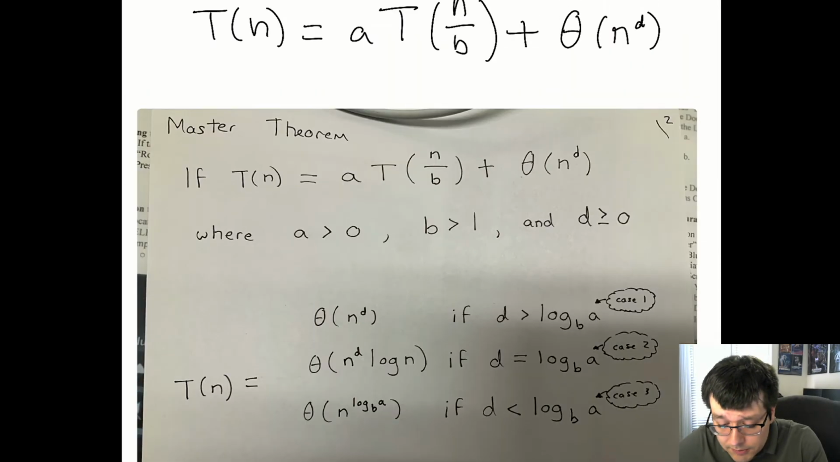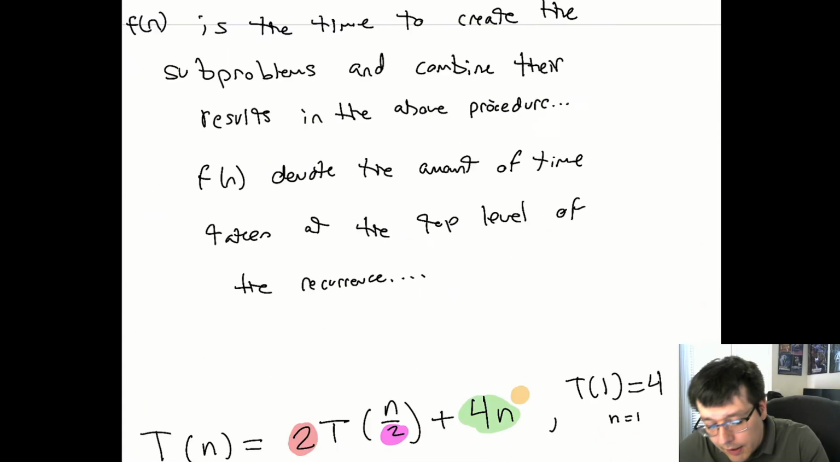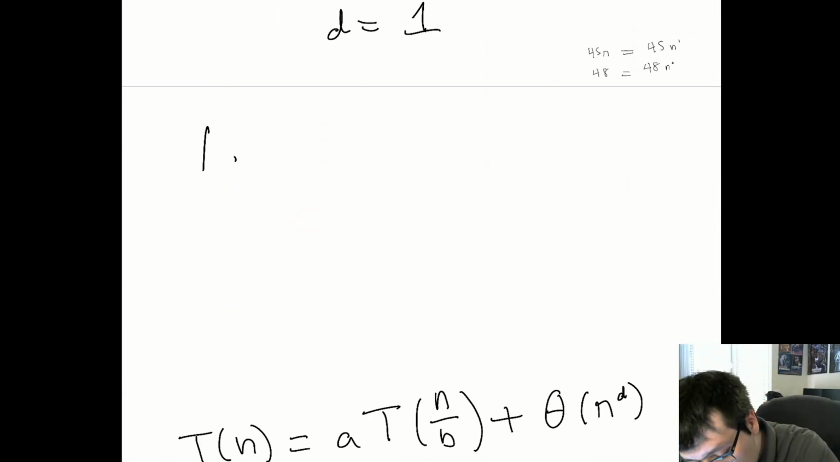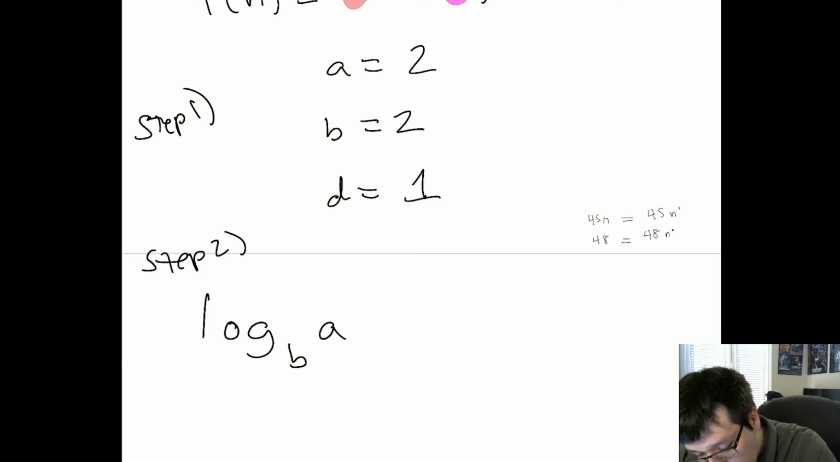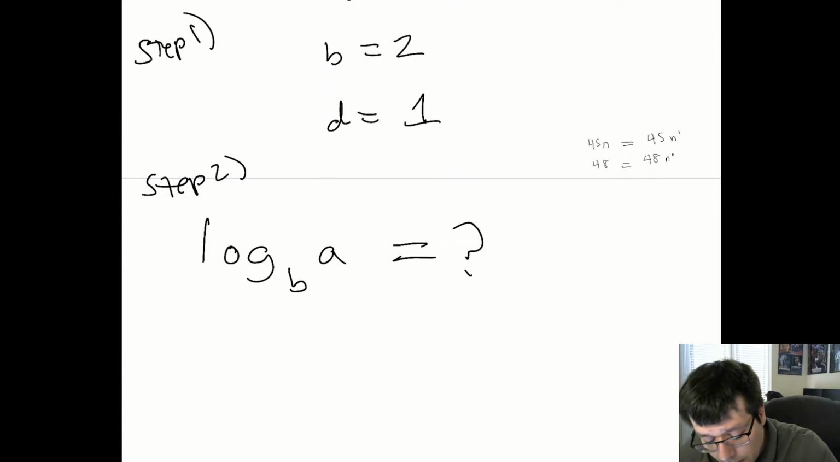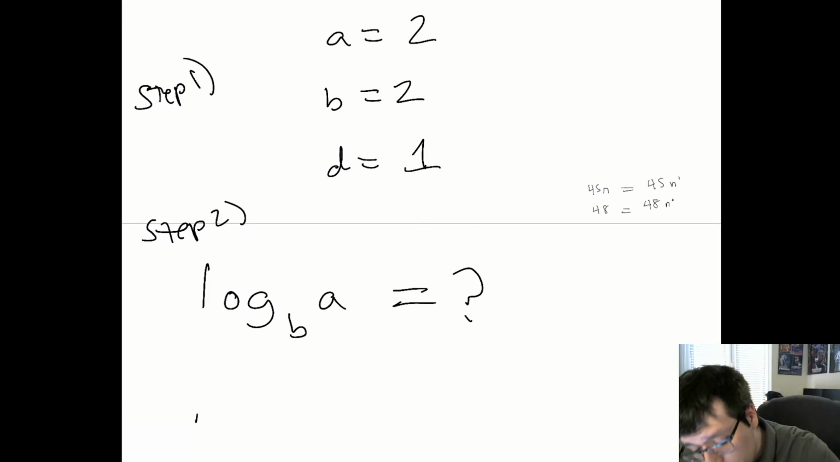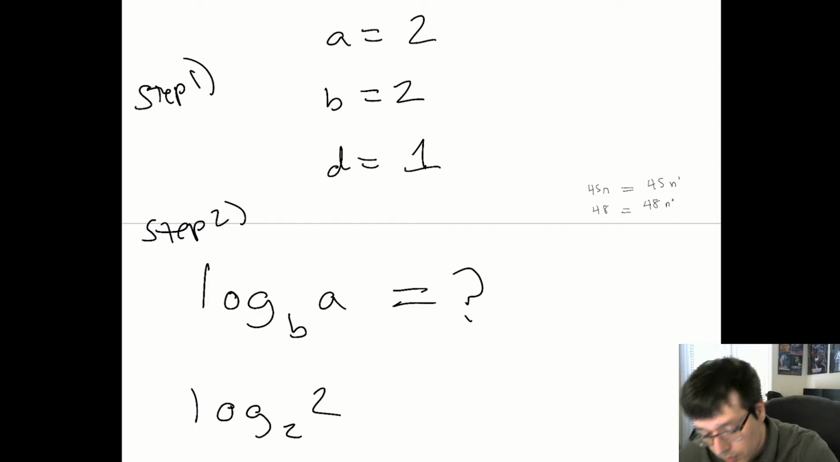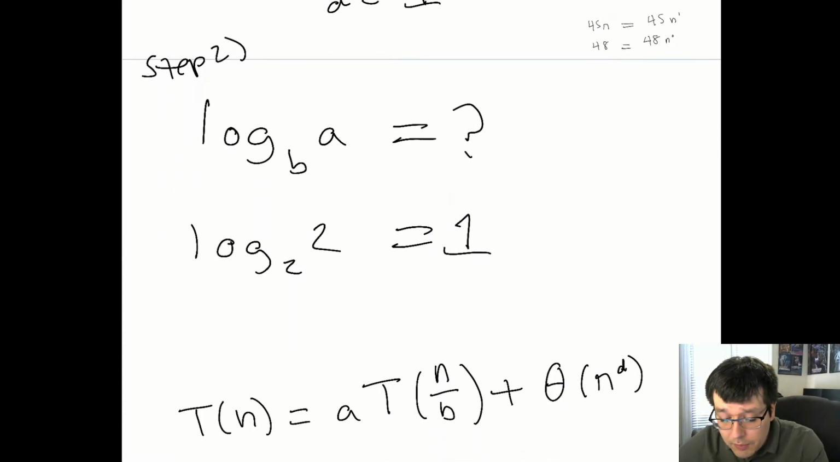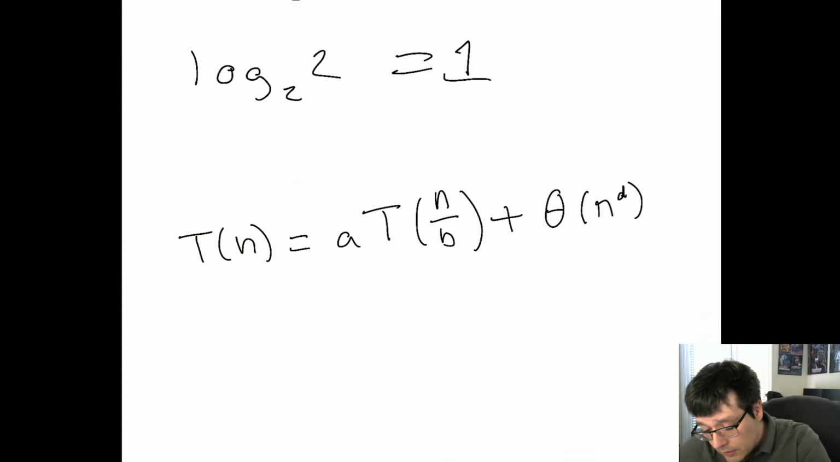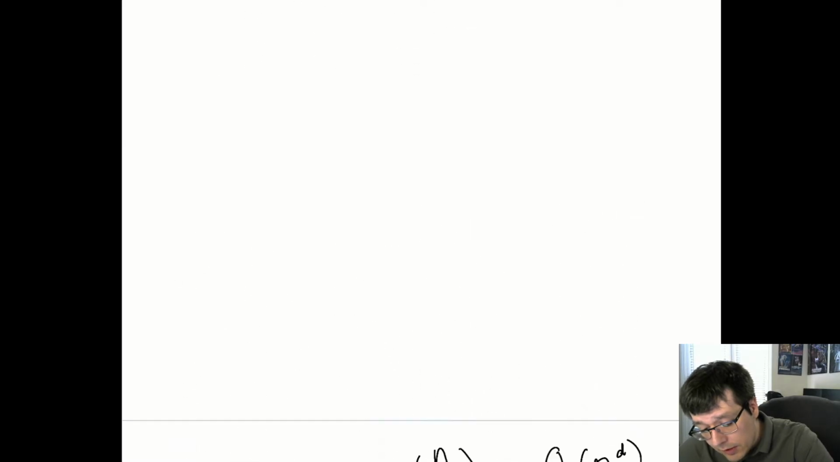All right, step 2 is to compute that log base b of a thing. So we need to compute what the log base b of a is equal to, okay? So step 1, step 2, okay? So what is that equal to? All right, well, let's just plug. We already know what A and B are. So let's just plug it in. I mean, this one's easy, right? It's just log base 2 of 2, which is just equal to 1. All right, so that takes care of that. So now we have 1. All right, now we're up to the final step,